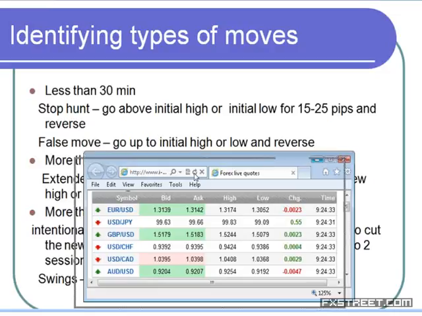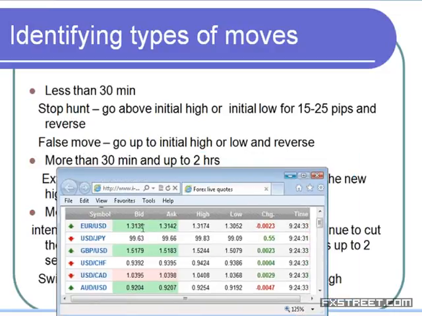Then a false move is the other one. In the case of Euro, they made it. They came up to 31.74 when GBP was gaining the level, as if Euro is also going to gain, based on market sentiment. And then they started making the slide. So they go up to the high, do not breach the high, and start making the slide. That is the false move. It can be on the downside also. They go down to the low, do not breach the low, and come above. That is also a false move. Normally such false moves they do before the extended move.